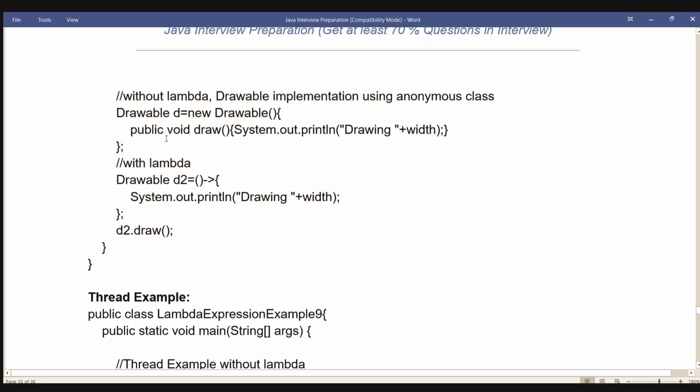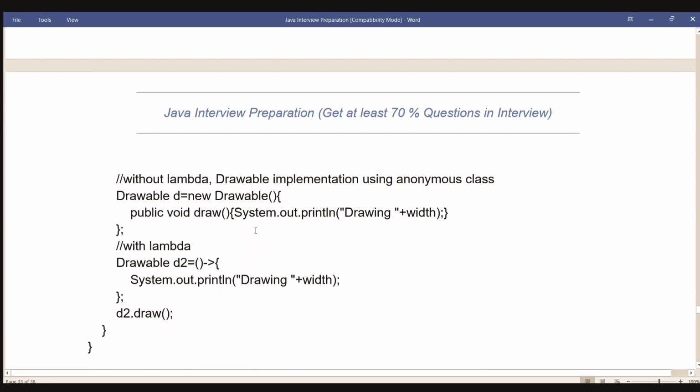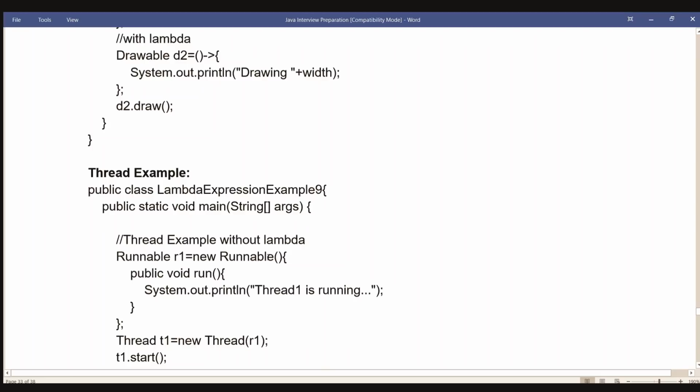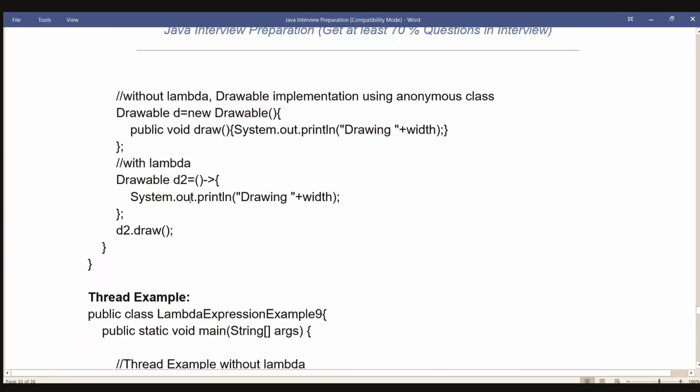// without Lambda, Drawable implementation using anonymous class. Drawable d = new Drawable() { public void draw() { System.out.println("Drawing " + width); } }; // with Lambda. Drawable d2 = () -> { System.out.println("Drawing " + width); }; d2.draw();